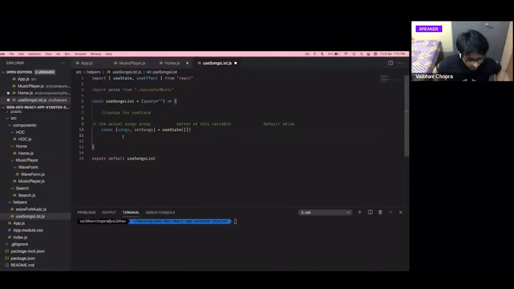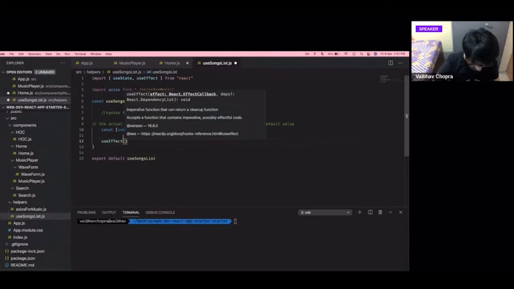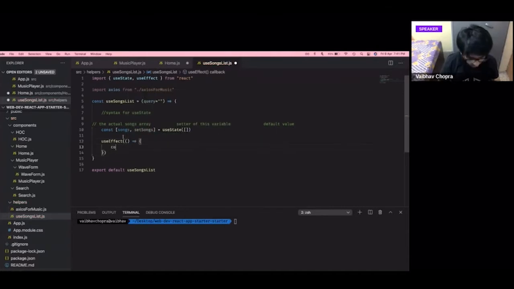So next we will do use effect. Okay, use effect. const fetch songs. I'll first write the code and then I'll explain what's happening in this part of the code.